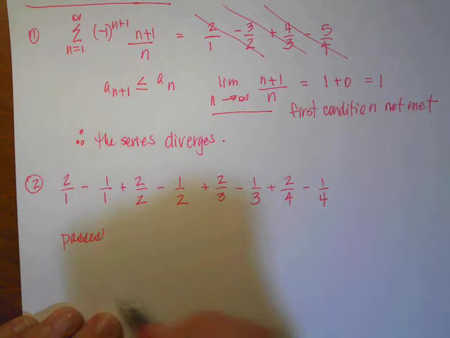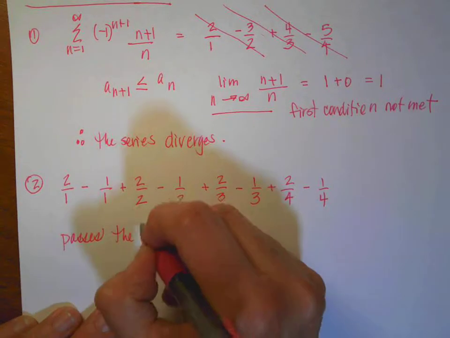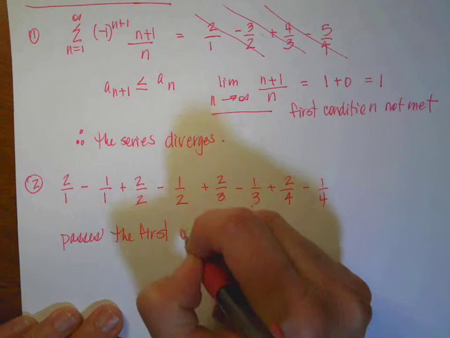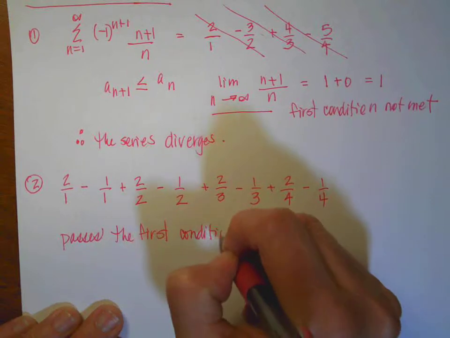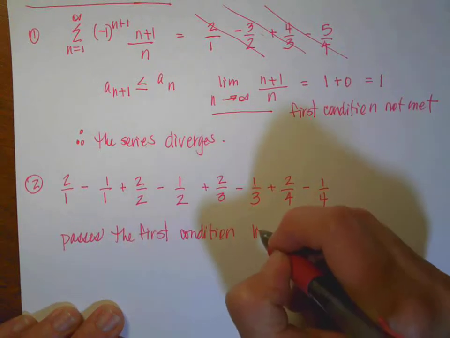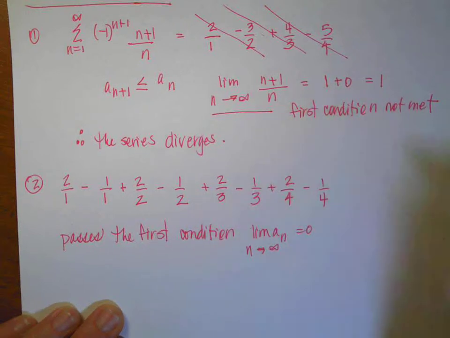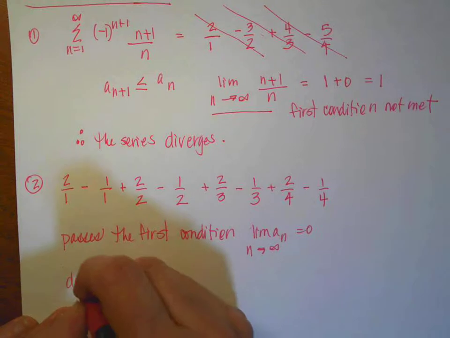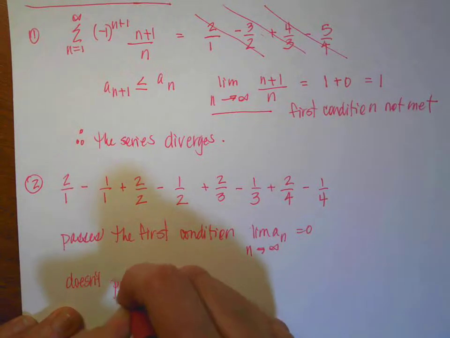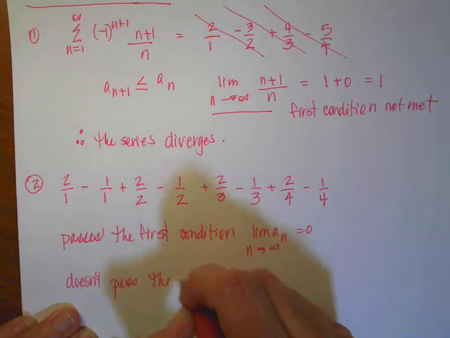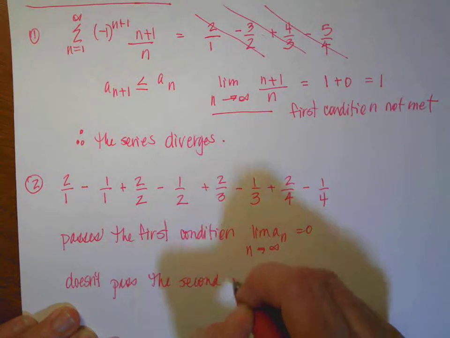So it passes the first condition. If we were to manage this one, it would pass the first test, and that would be that the limit of a sub n as n approaches infinity would equal 0, but it doesn't pass the second condition,